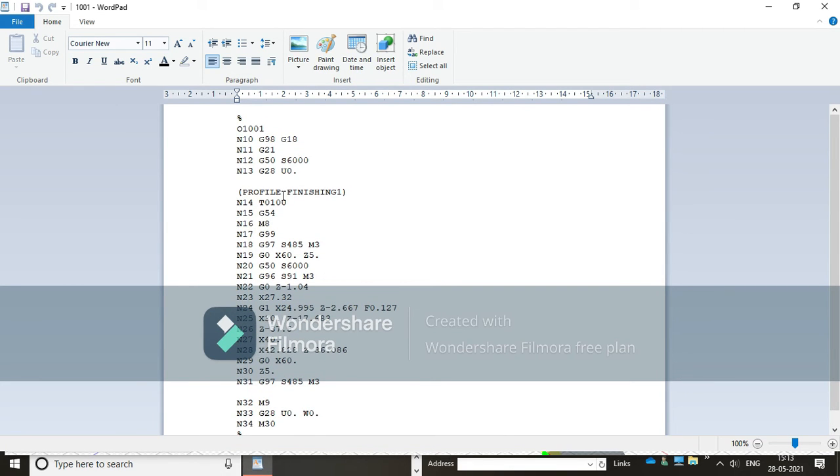So it is a very easy way to prepare the part program according to the job dimensions. Once we prepare the CAD model with those dimensions, we can upload it into the CAM software and easily prepare the part program with its help. So this is all about today's experiment.